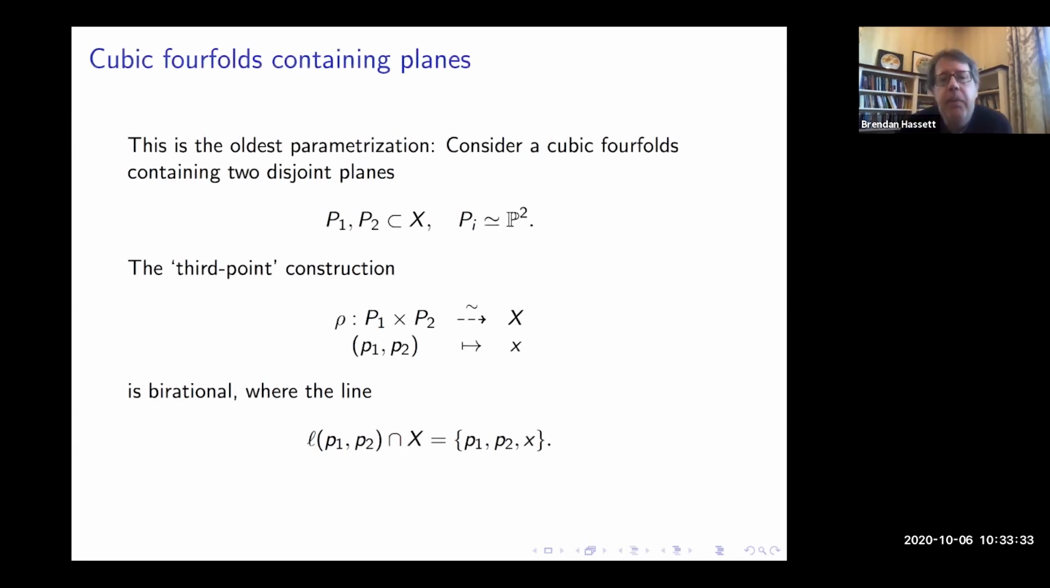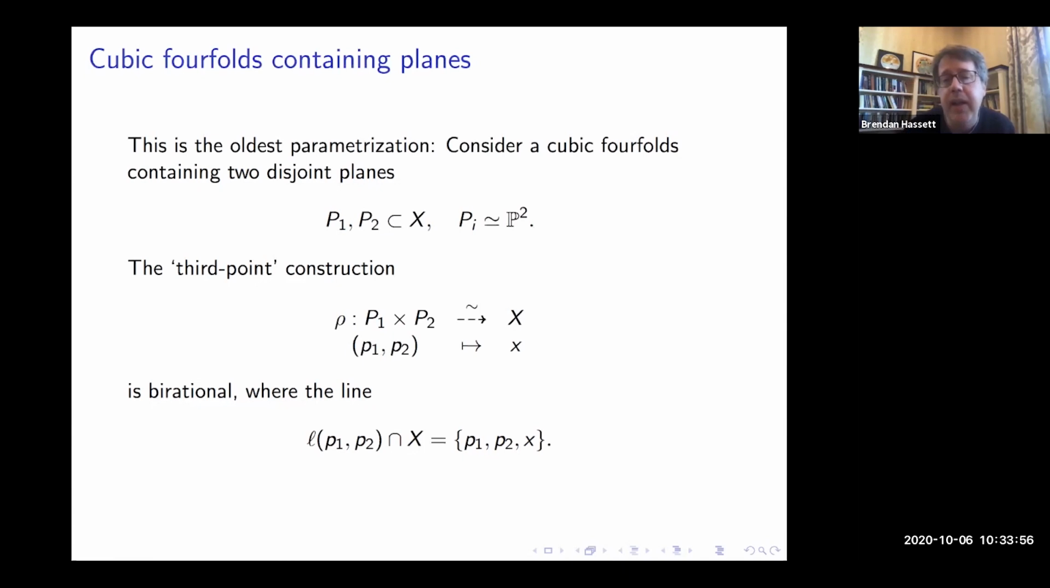So the simplest parameterization is if you have a cubic fourfold that contains two disjoint planes. In general, an even dimensional cubic that contains linear subspaces that are disjoint of half the dimension. This argument will work. And so the basic idea is that you take a point in the first plane and